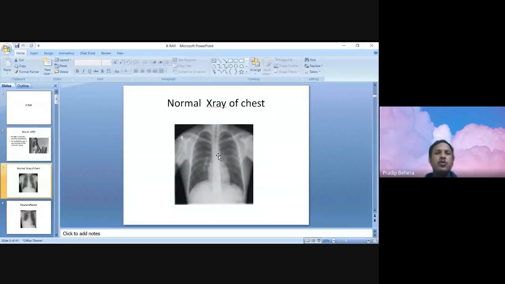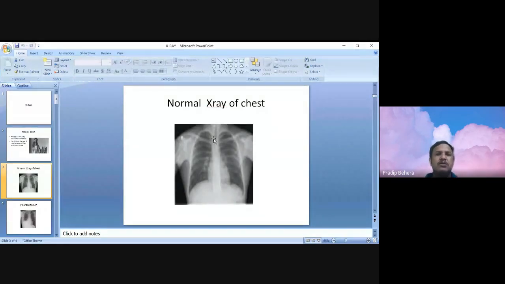Whenever you want to know some pathology of the spine, whether it is the thoracic spine or, sorry, cervical or thoracic, we need an AP view where the spine shadow will be very prominent, and the pathology can be identified, like Pott's spine, whether there is a fracture, whether there is any collection, all these things. So this is the first difference between a PA view and an AP view. These things are commonly asked in the exam.